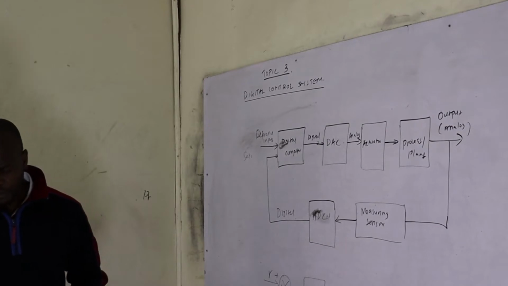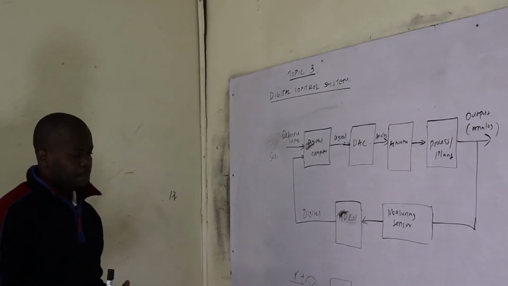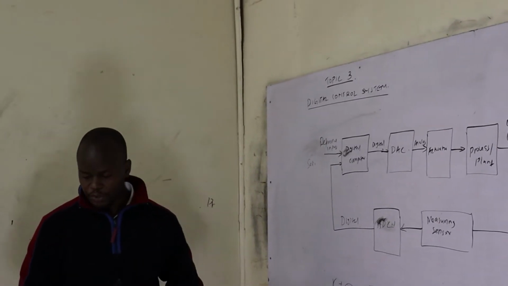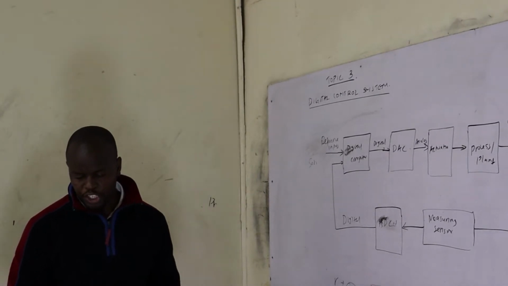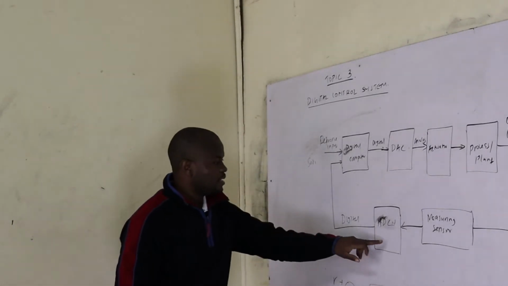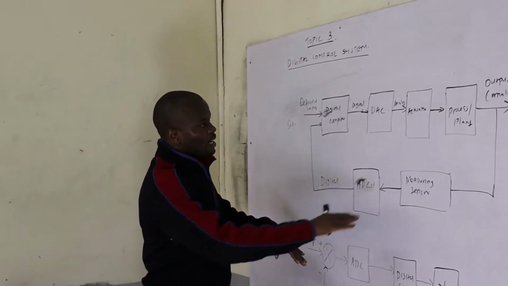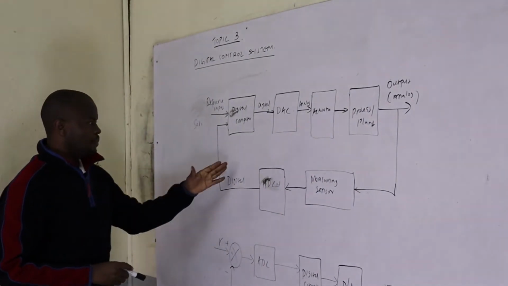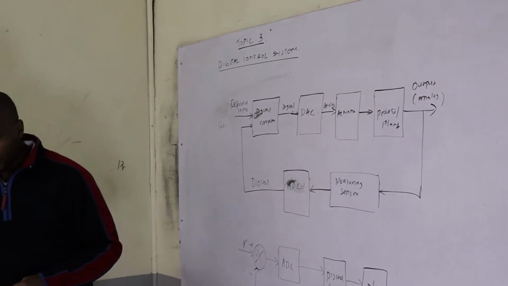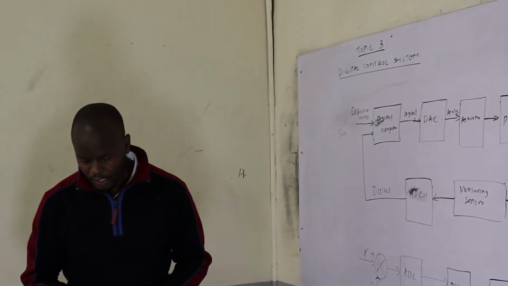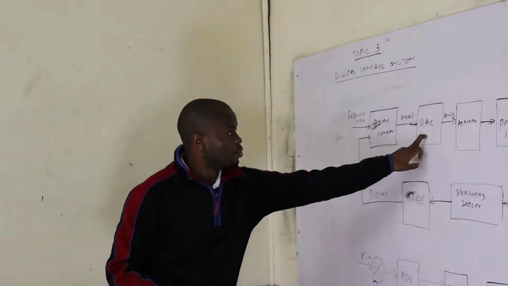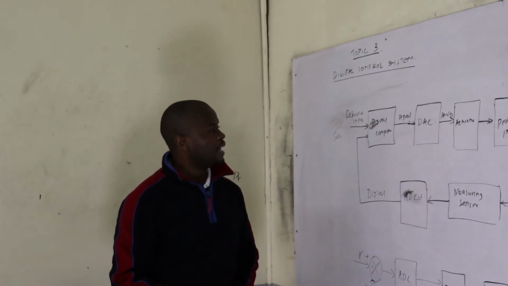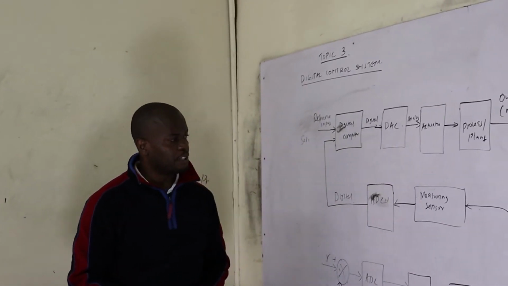If you look at the loop in the forward and the feedback, both of them usually contain converters that provide a means of conversion from one signal form to another to be used in each subsystem. In the feedback, we have the ADC so that it can convert the output, which was initially analog, into digital before it goes into the digital computer, which will only accept digital signals. In the forward path, you will also have the DAC that is going to convert whatever comes from the digital computer into analog before it is taken to the actuator